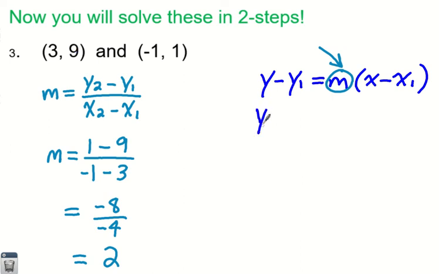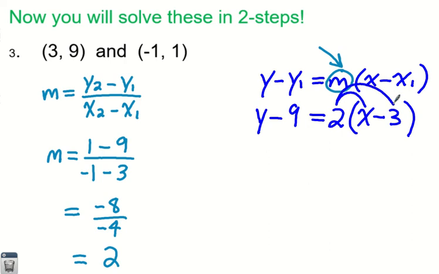So it looks like I'm going to be plugging in 9 for my y1, and I had to figure out that m was 2, and I'm going to be using 3 for my x1. And again, depending on the directions and things like that, you could potentially stop right now. You have an equation, but